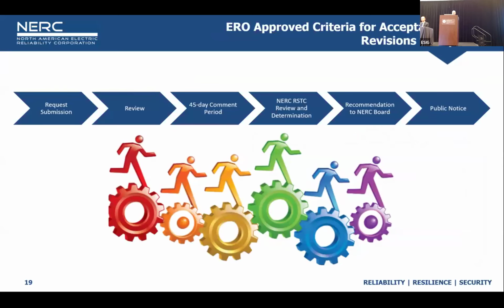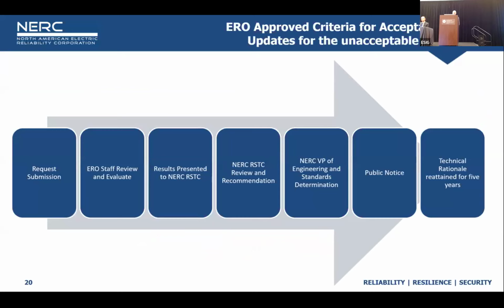So this is just a high-level process for how you revise the document. There would be a submission request, a review by the ERO, and a 45-day industry comment period. The NERC RSTC was identified as an appropriate body to review that determination. Ultimately, it would go to the NERC board, and then there would be a public notice of implementation of any changes. I think there is a similar but slightly different process for changes to the acceptable models list. So if something needs to go on it or off of it,